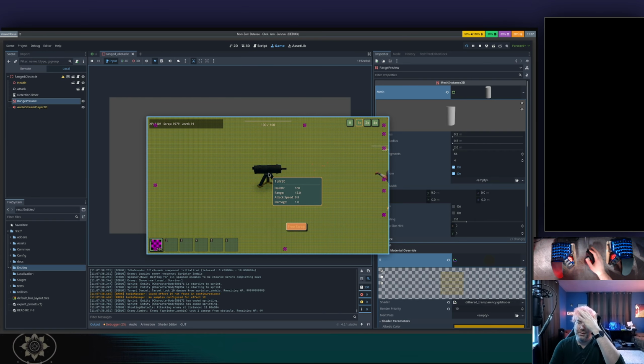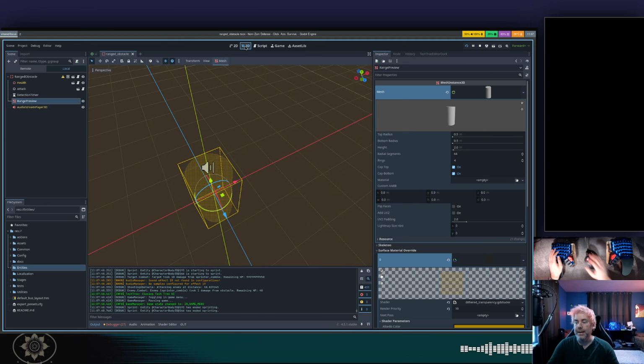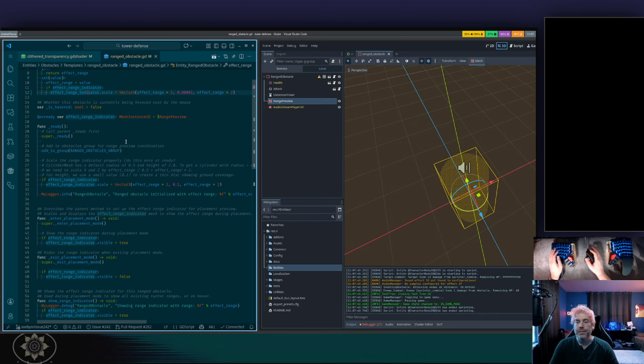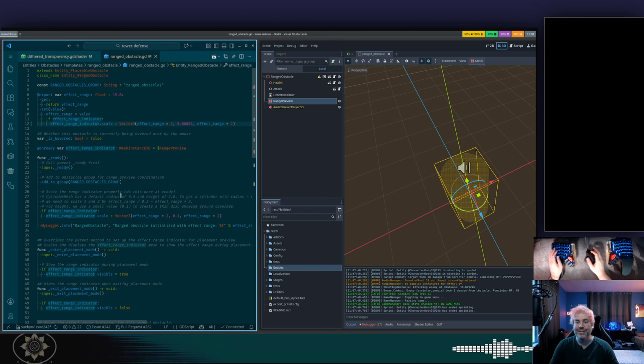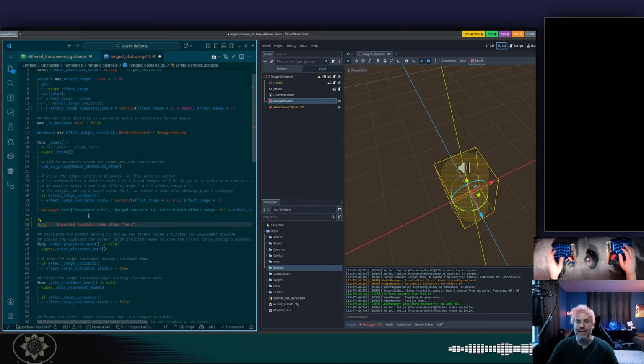Not again. Oh, right. Let's get out of here and go back there. Oh, we have two places. We have two places where we are doing this logic. It's not good. Let's make a function that has that. So I'll have a